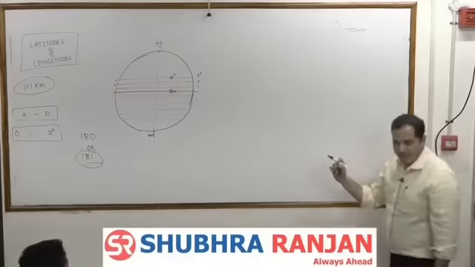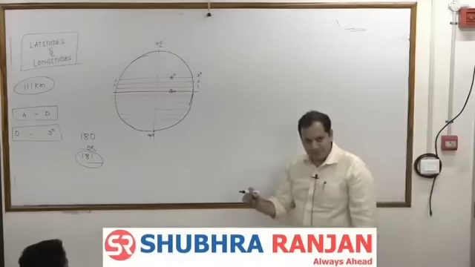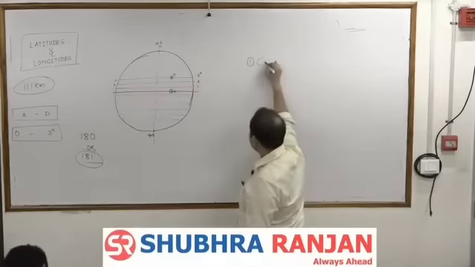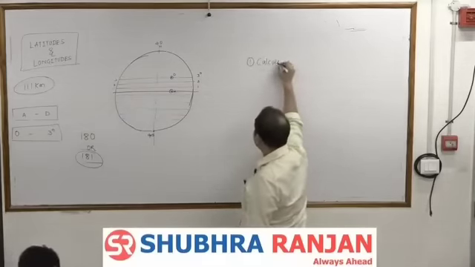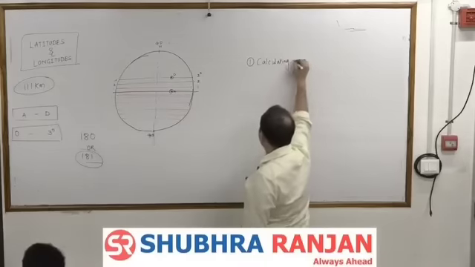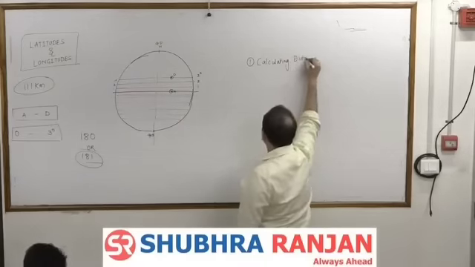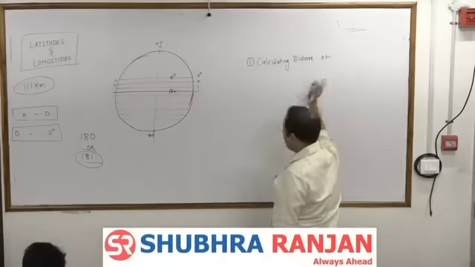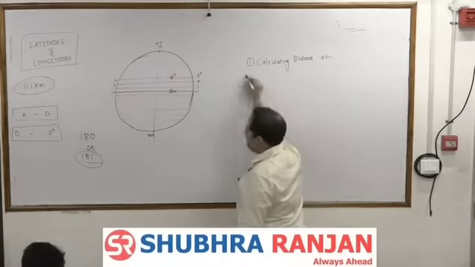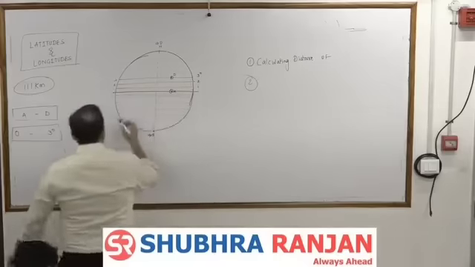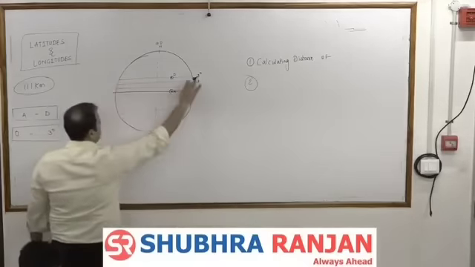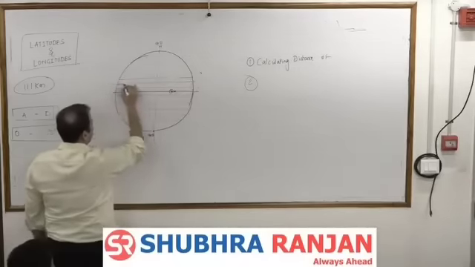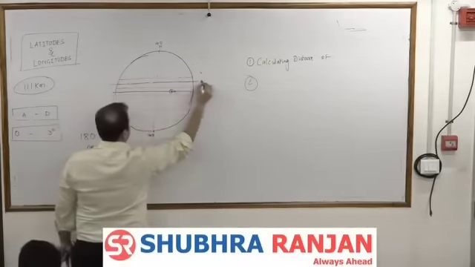What is the importance of latitudes? The importance of latitudes is that, one, they are used for calculating the distance of a place away from the equator. And second, latitudes are very, very important because there are 3 latitudes which are very important in the world, and one latitude is